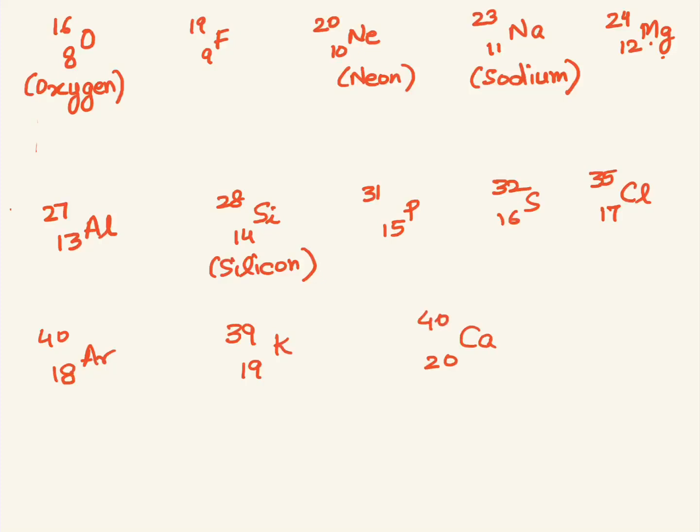20Ca40. Go ahead, write down the values for all these elements, the first 20 elements, and try learning their name as well in the order of their atomic number. It will help you. It will give you the confidence as well. So once you've learned the atomic number of these first 20 elements, you've done the atomic number, mass number, number of neutrons, protons, everything. Keep that chart with you.